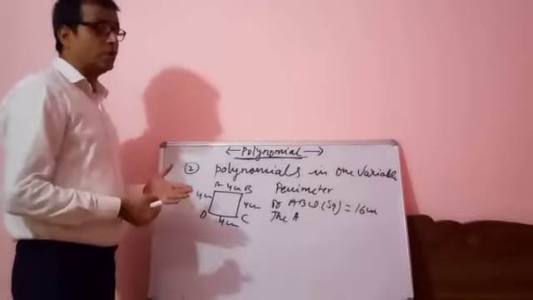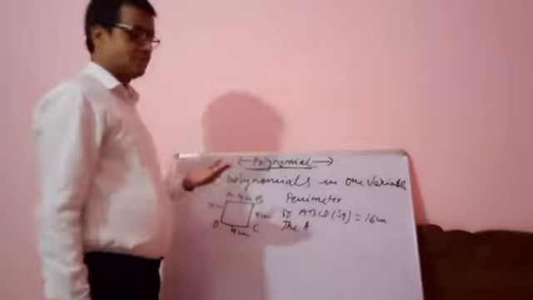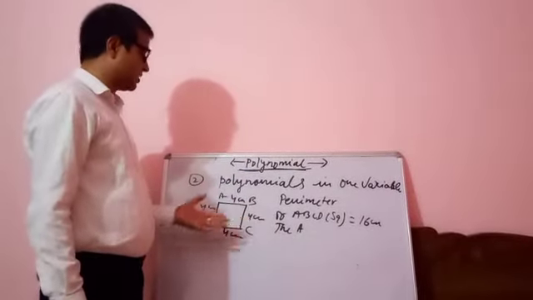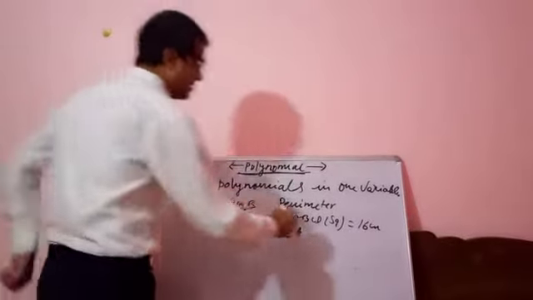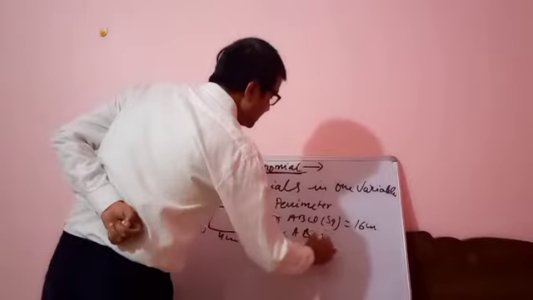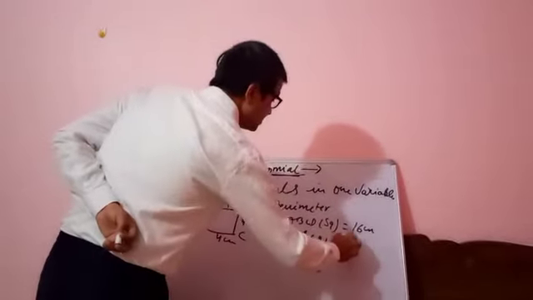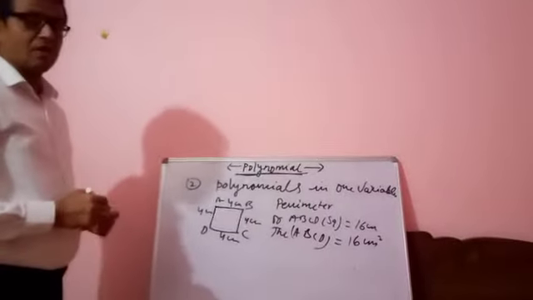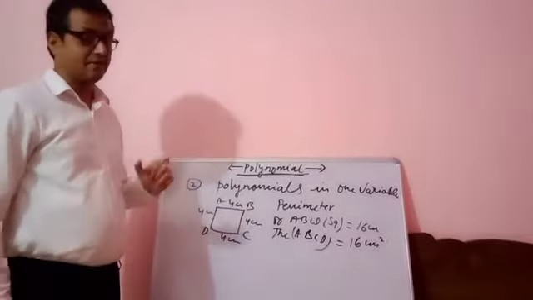If you are asked to find the perimeter, you will have the answer without struggling. 4 centimeter plus 4 centimeter, plus 4 centimeter plus 4 centimeter, gives 16 centimeter. If you are asked again for the area of ABCD, this gives 16 centimeter square. So it's very easy to find if the length of the side is given.